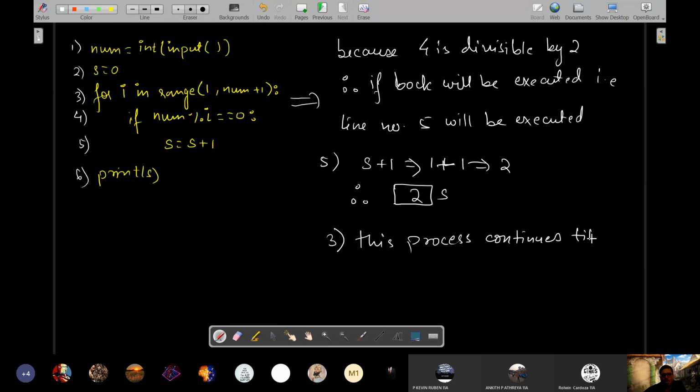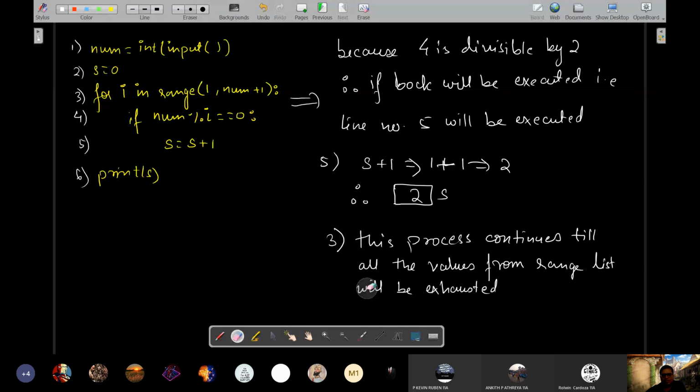Till all the values from the list generated by this range are exhausted.